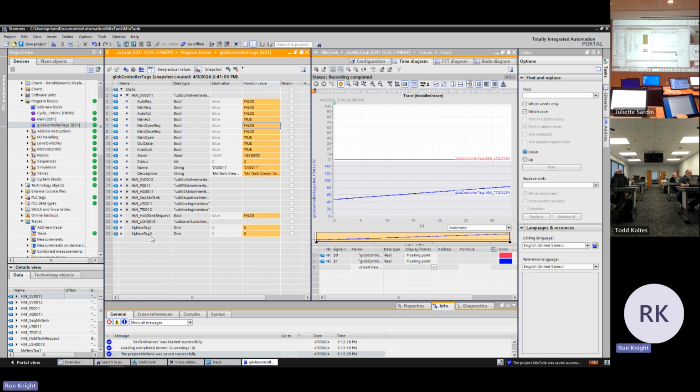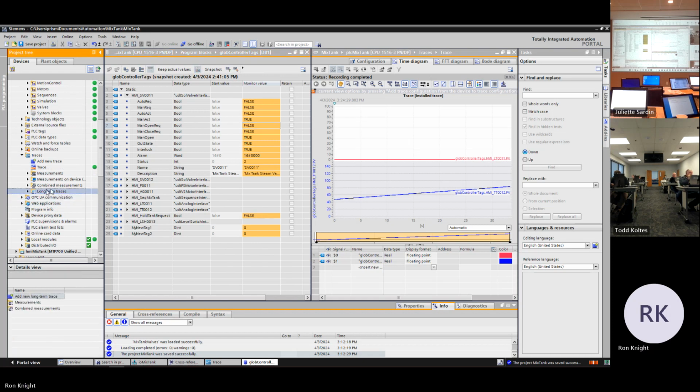Yep, so that's where maybe instead of the trace inside the PLC, you want to use the long-term trace. I don't know if that would trigger a delta or not. That would be a good thing to try. I've actually not played around with the long-term traces. But that long-term trace didn't show up until I think V18. I'm not sure what version you're running, but